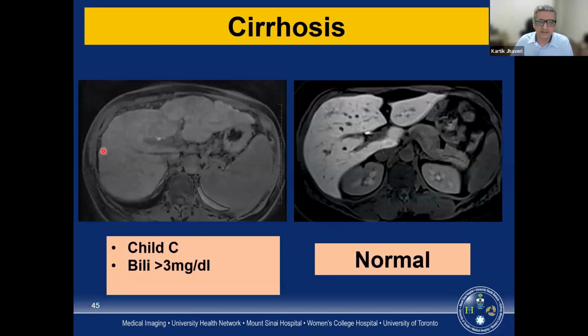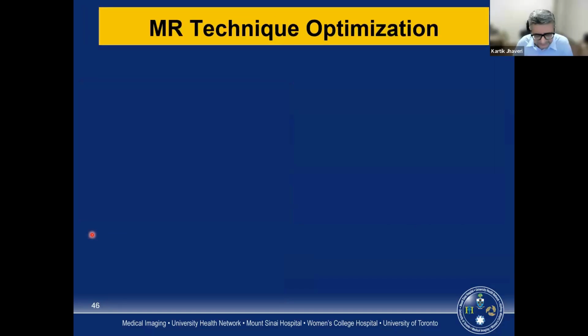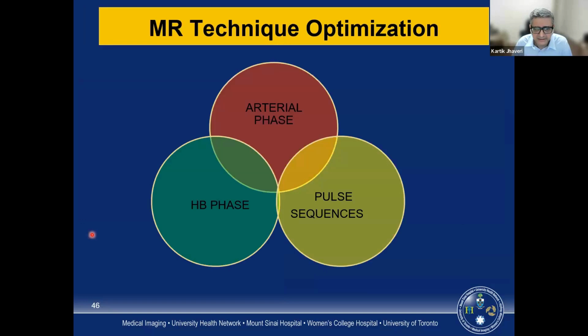Additionally, you have to keep in mind that patients who are cirrhotic, particularly Child C, which is advanced cirrhosis, or the bilirubin is more than 3 milligrams, you may have very poor uptake and excretion, and as a result, there's really no utility of performing a hepatobiliary contrast agent in those particular groups of patients. So if you're utilizing this in cirrhotic patients, do make sure that they're not having Child C cirrhosis, as it is of no use. And then in the next 5 minutes, probably I'll just touch upon